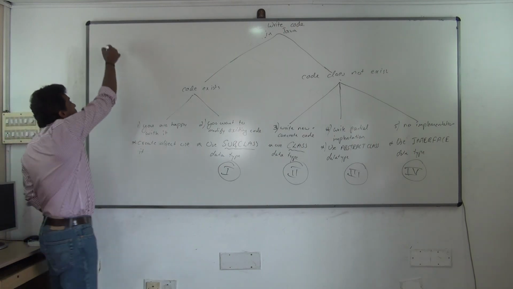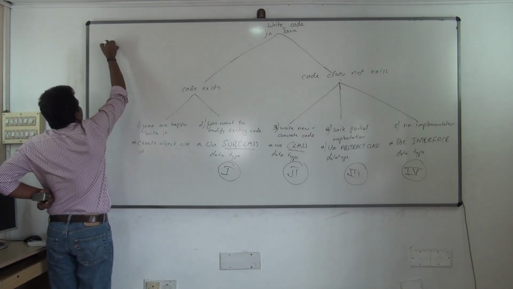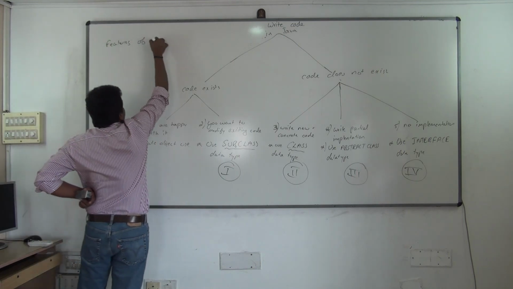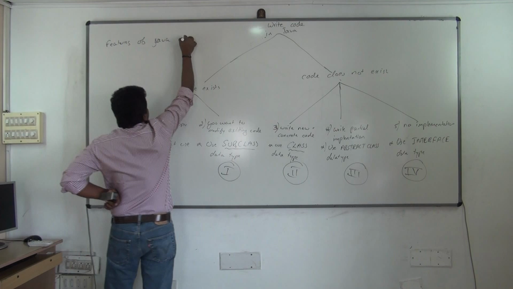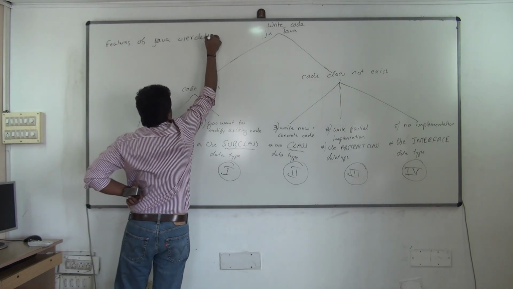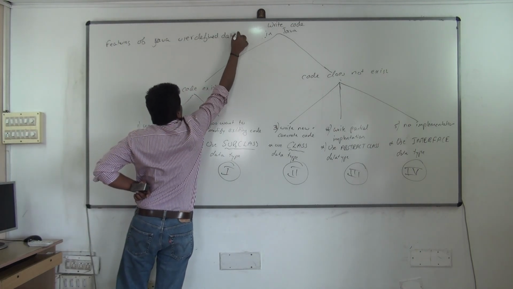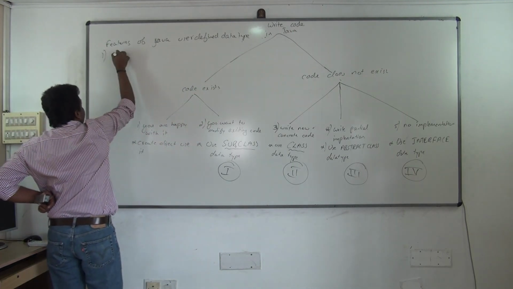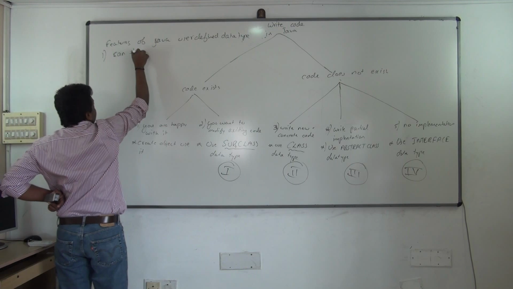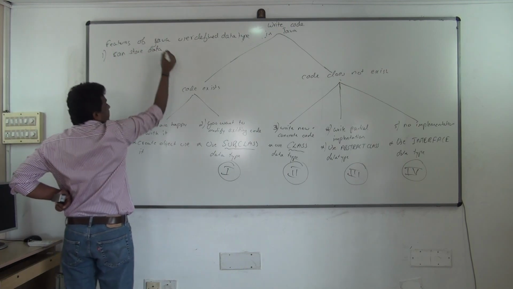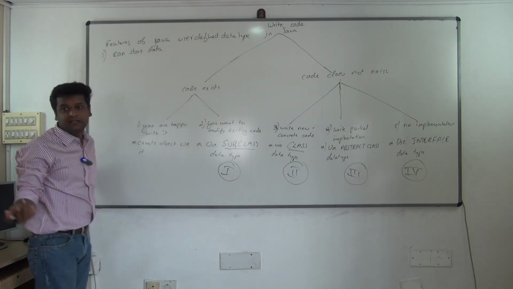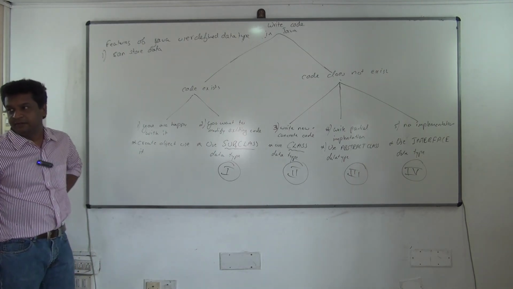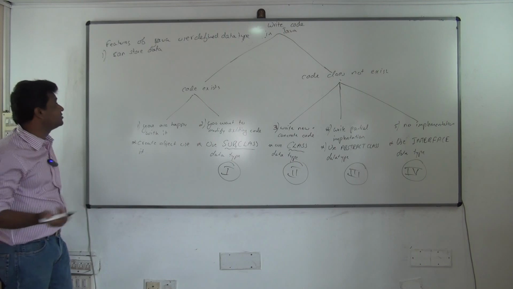What are the advantages now? What are the features of Java's user-defined data type? What are the features? First feature, they can store data. Yes or no? Your user-defined data can store data, you know. Class can hold data, subclass can hold data, abstract class can hold data, interface also can hold data. Understood? So all of them can store data. That's one thing. Second,